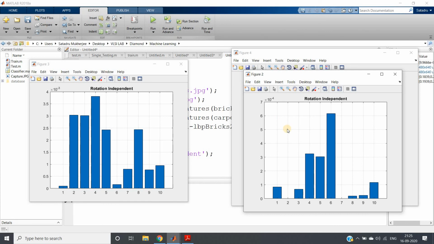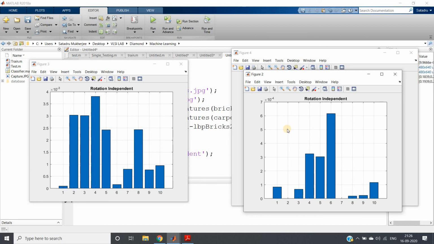So I hope you can understand the importance of this particular feature extraction technique, right? You can play with this, train any machine learning model, maybe SVM, maybe decision tree, maybe nearest neighbor, maybe some other. Just try to explore, have fun with it. And I am going to show you some machine learning models which are trained based on this kind of feature extraction technique. It is LBP, local binary pattern feature extraction. So I hope you have understood the importance, right?